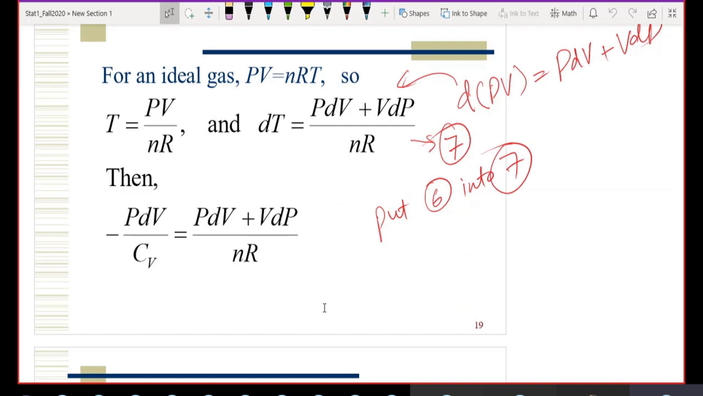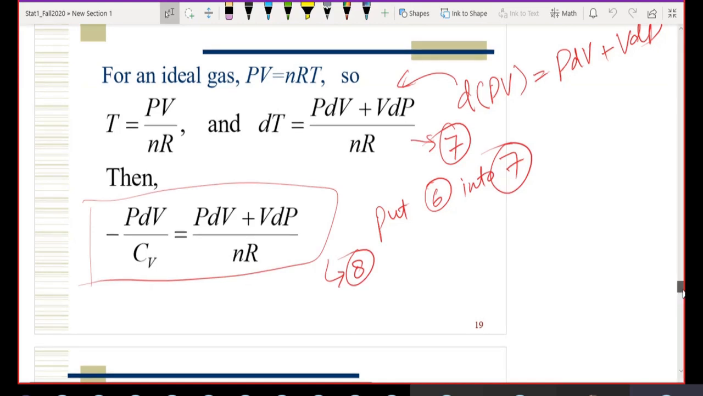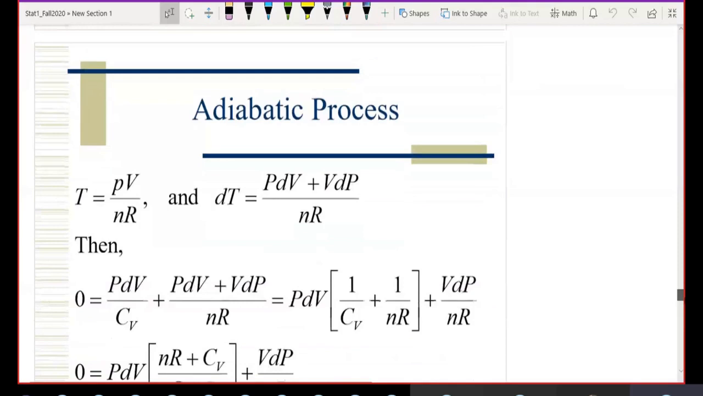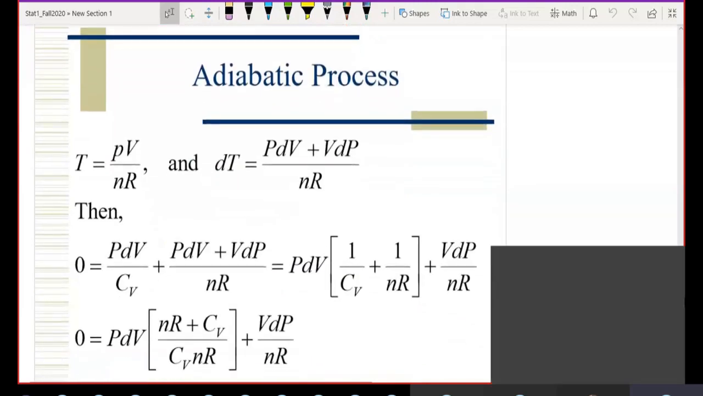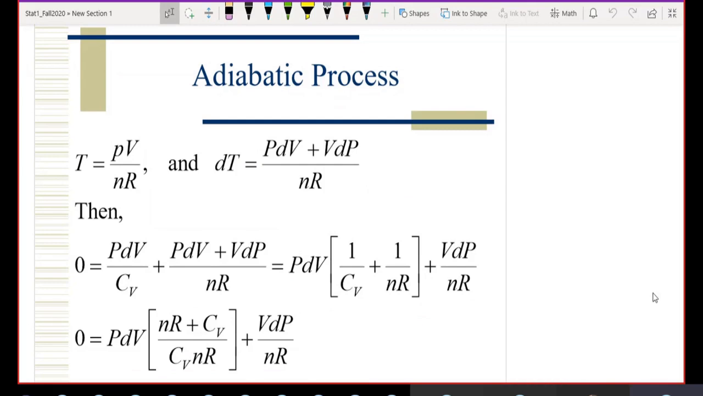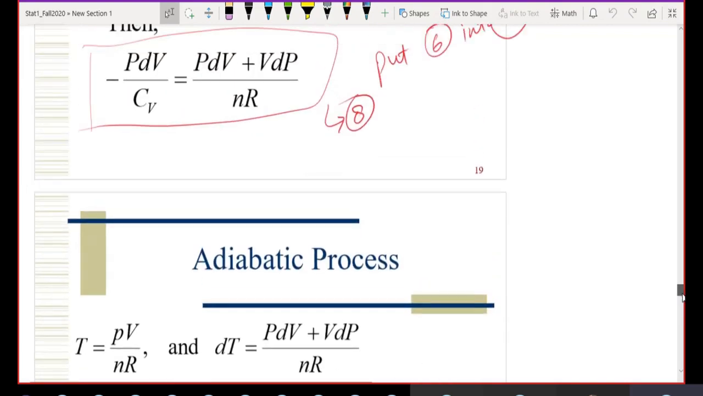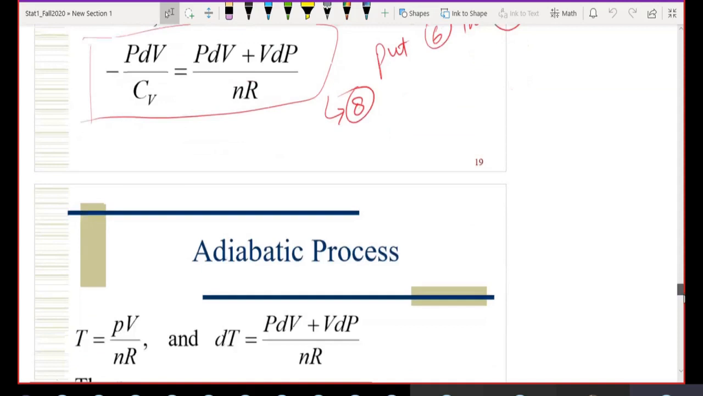Simple. And you get for adiabatic process a rough equation like this. You can call it 8, roughly, doing things roughly. And what you do next is that, because this is an adiabatic process,